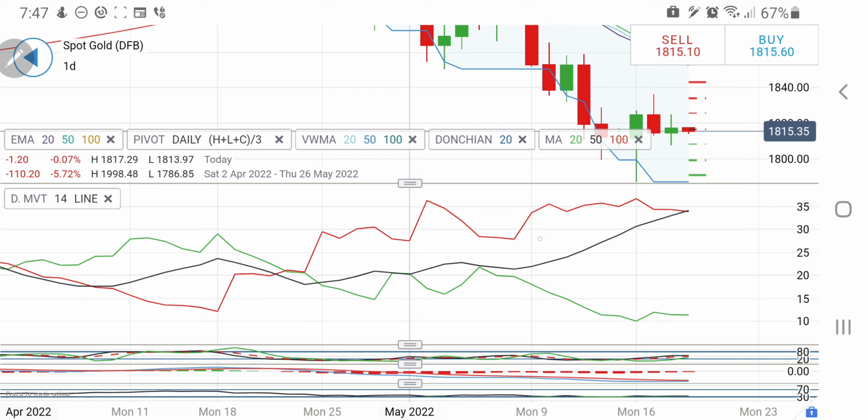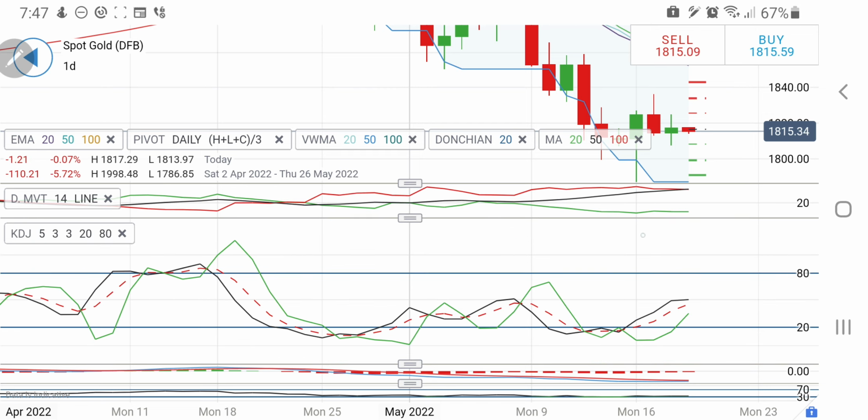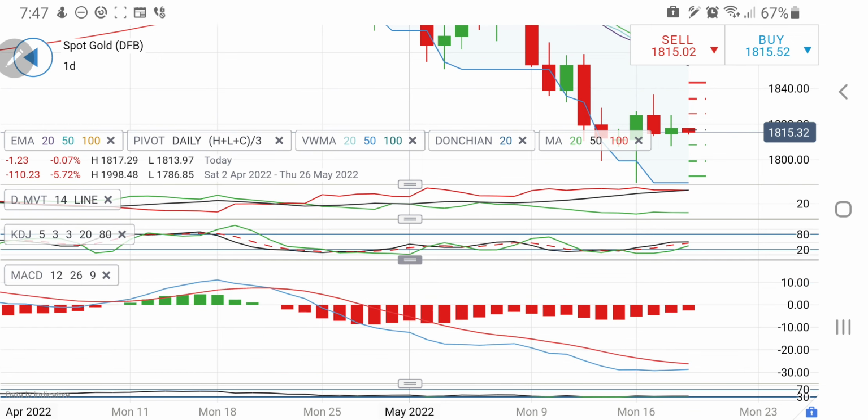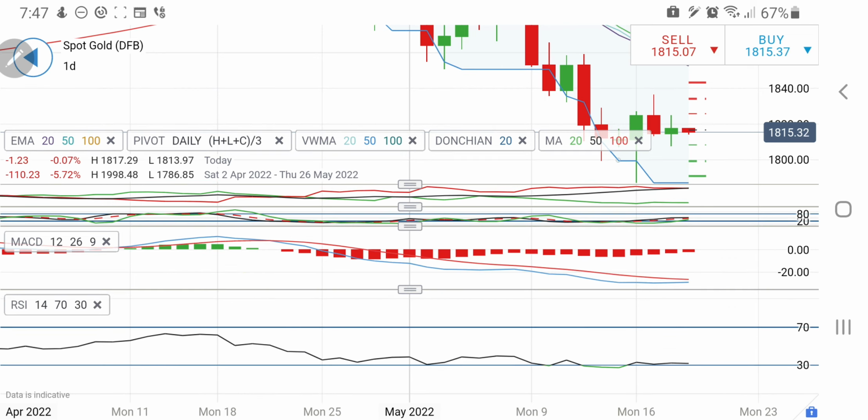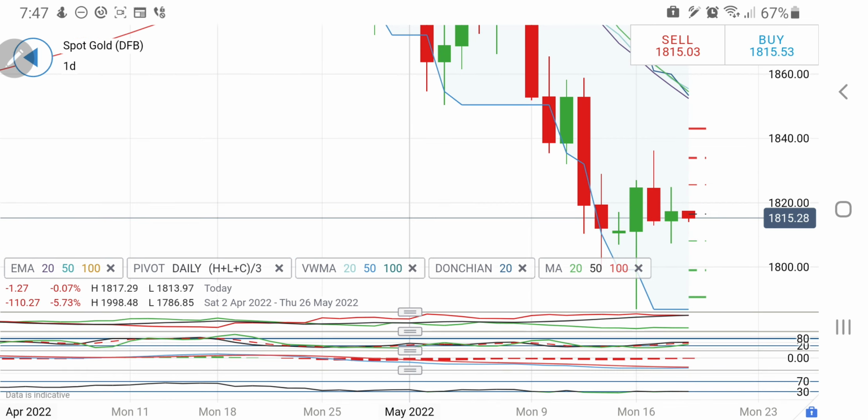Now look at the directional movement, it is still bearish. The stochastic is on the verge of a crossover again, and it may try to look back down again. But the MACD is also on the verge of a bullish crossover, so I'll be watchful there. The RSI is trading at the bottom there, so probably it may continue and then a bounce back can be expected later. If not this week, then next week probably. So considering this, till the time today 1818 is the level I will be watchful of.